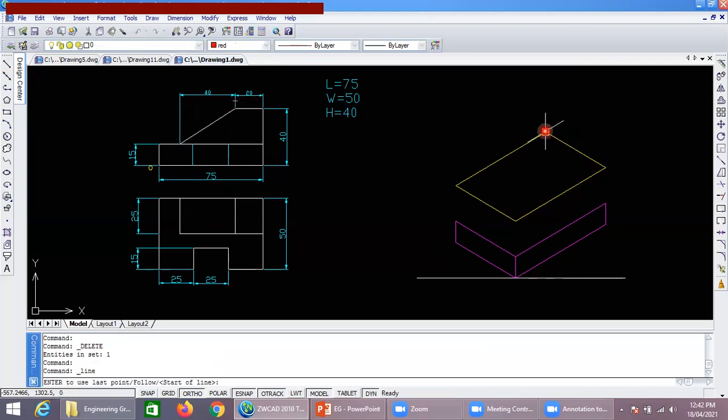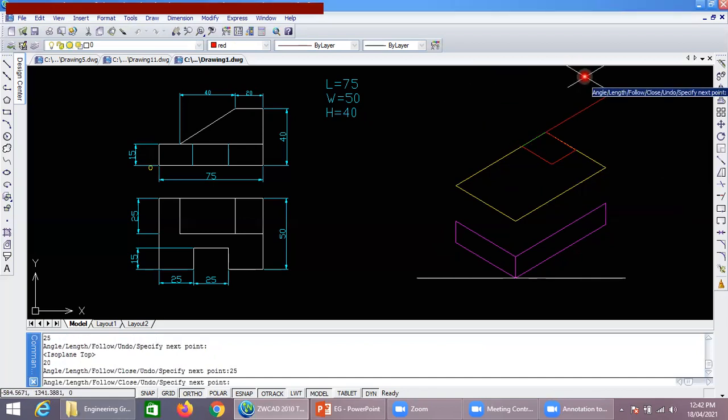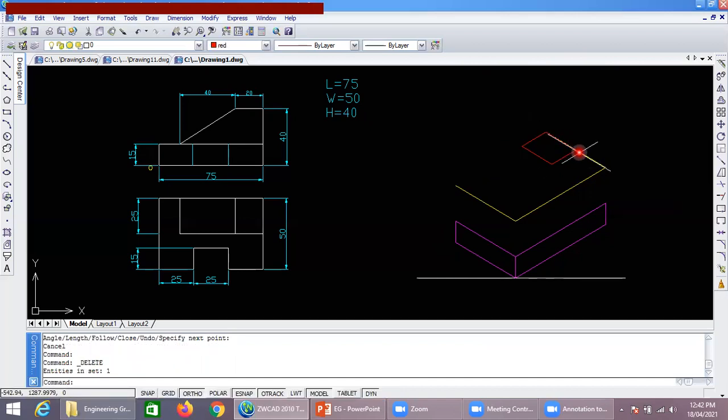Its width is 25, so here in this direction it is 25. Then its length is 20. Again 25 and its length is 20. So this is the uppermost part of that wedge. We will remove the extra part to avoid confusion.